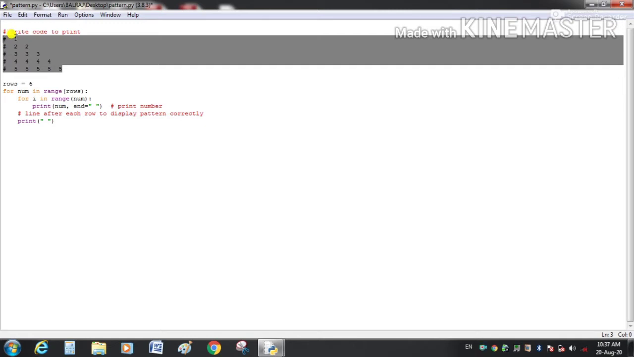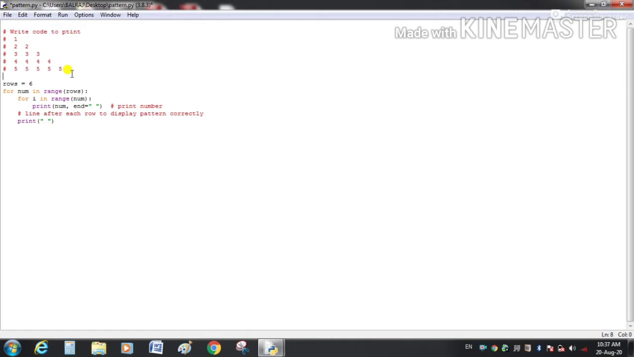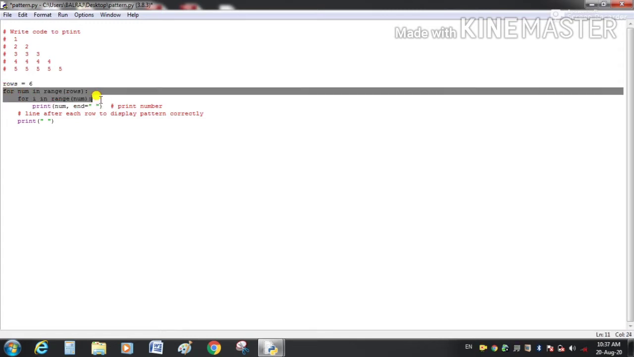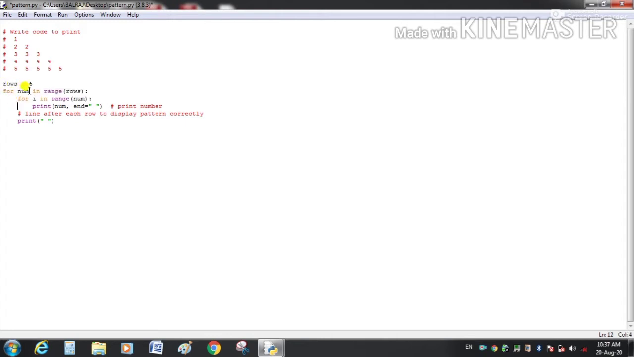There are 5 rows and 5 columns. Here, I have initialized the variable rows with the value 6. There are 2 for loops. The outer for loop is for the rows and the inner for loop is for the columns. So, for num in range 6, because the value of rows is 6, it means the